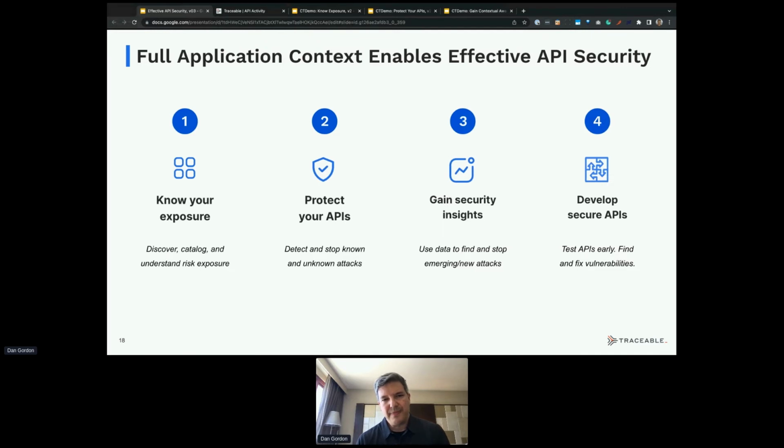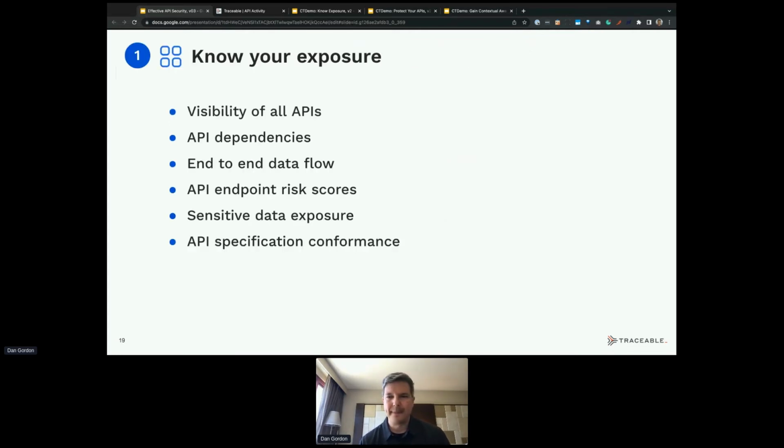So let's take a closer look at each of these. We'll start with knowing your exposure. Knowing your exposure is really about being able to see all your APIs, your dependencies, how the data flows, the end-to-end endpoint risk scores, where data is, and if it's sensitive. And what we'll do is flip over here,